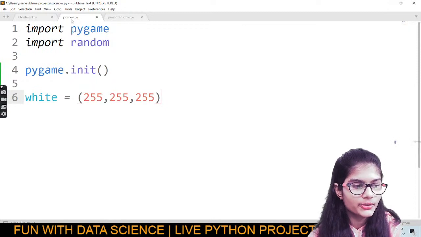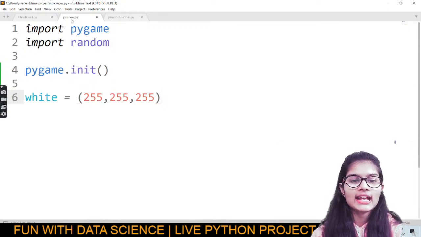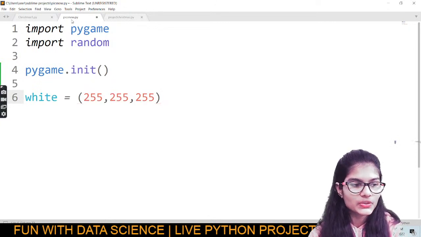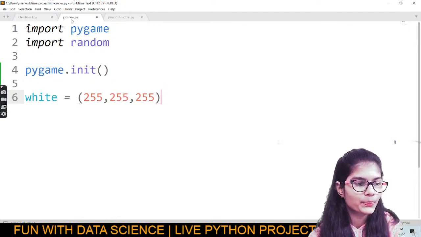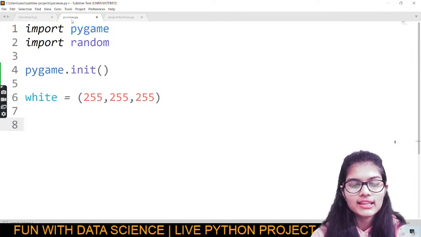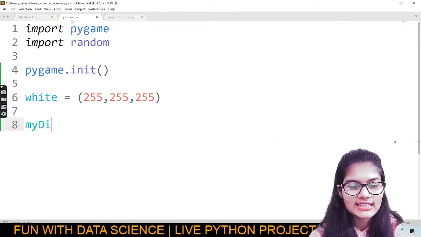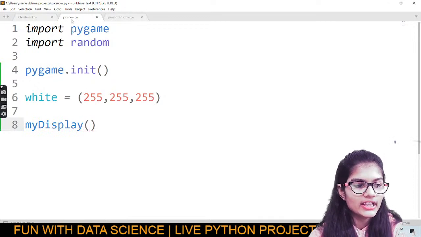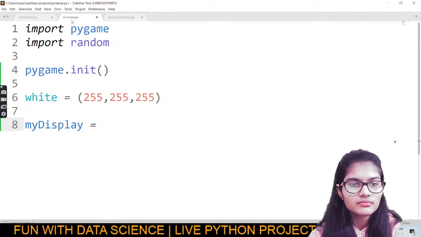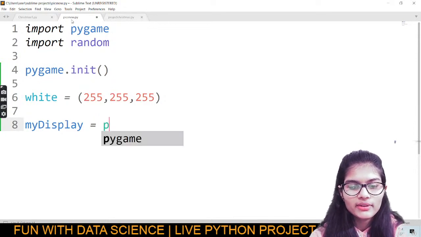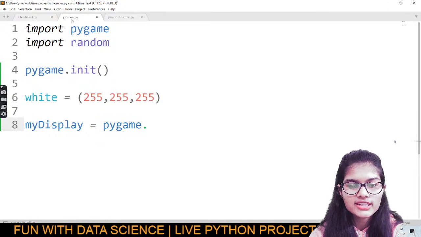Now I'll be moving further. And now I'll be displaying and setting up some modes, like I'll be making a screen for me, and I'll be setting up a different mode here so that I could go ahead and put up the things. Okay, Sunny, fine enough. Great, let me get down here. And now I'll be making a variable, and that's the display. Now I'll be putting the equal to sign. Okay, Shashi, fine enough. Great. So my display is equal to, I'll be writing pygame dot